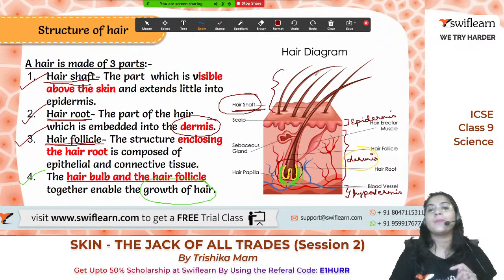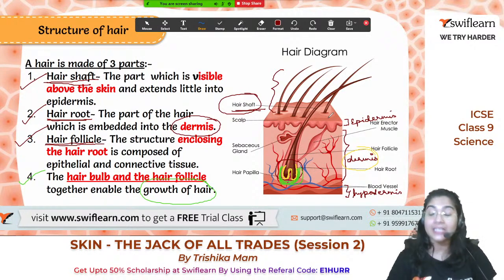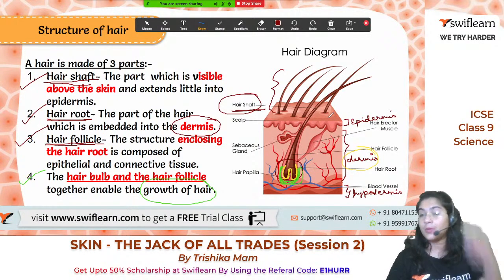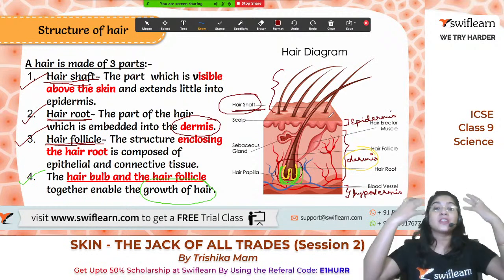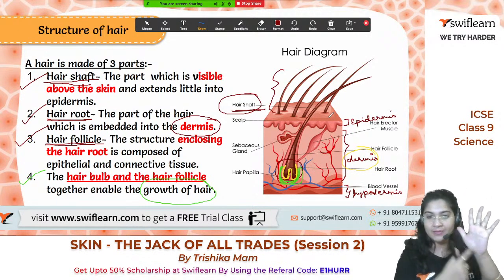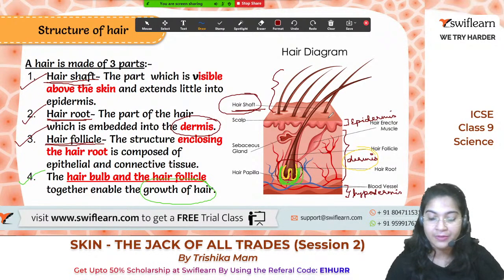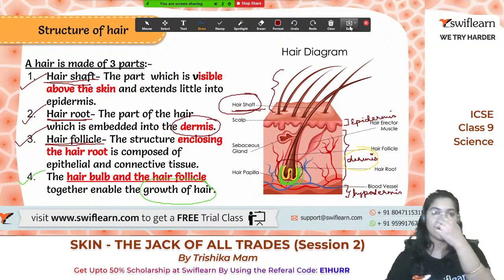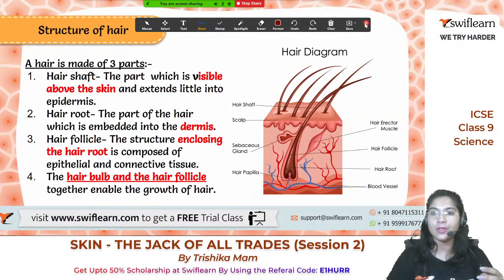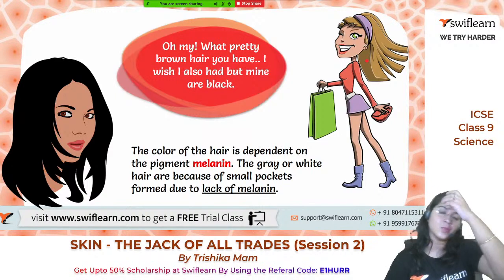So this is all about how the hair follicles are present within our skin, and it is not only present on our head or on our hand, it is present all over the body except the palm. You can see over here, and the down portion of the foot. Other than this, the hair follicles are present all over the body. Sometimes it is very scarce, sometimes there is more growth.